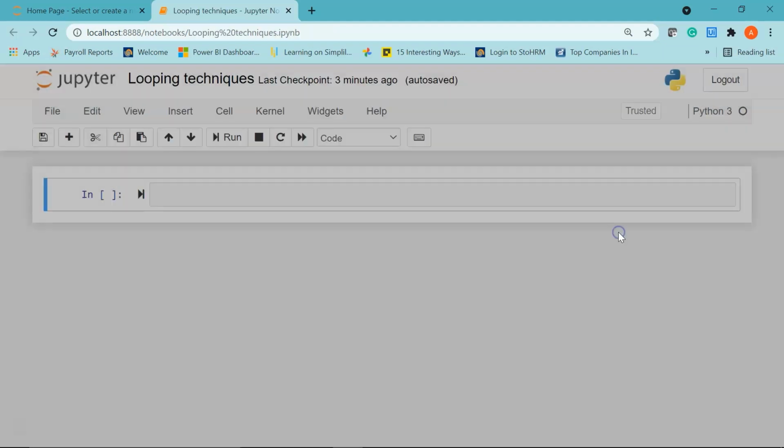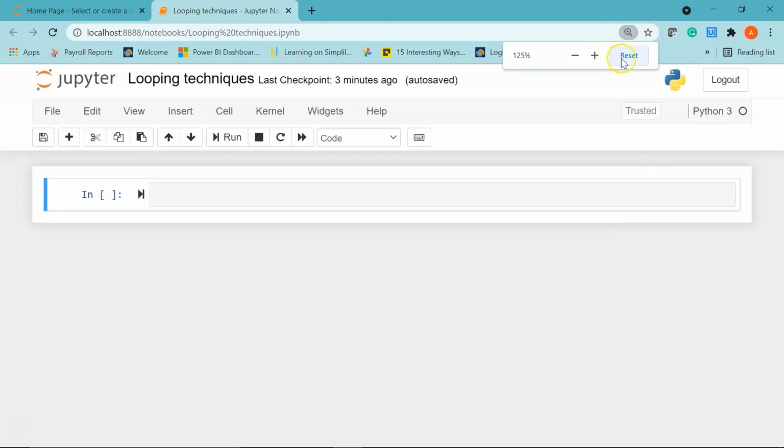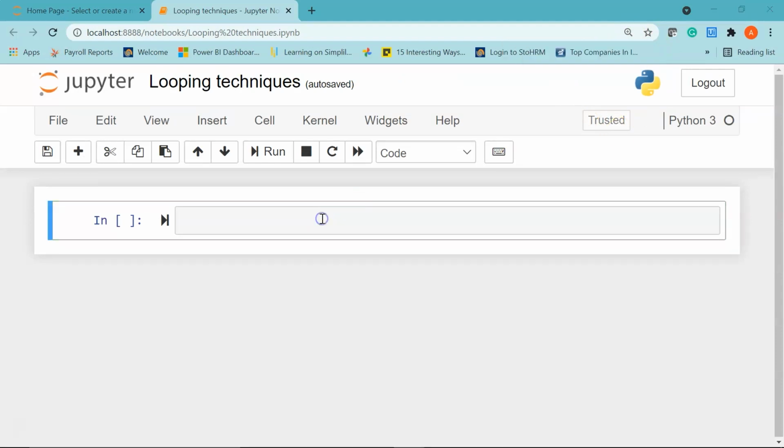I'll just increase the size. Alright. Okay, so let's see how you can arrange the values in a list using for loops with the Python sorted function. So I'll create a variable called num and I'll assign a list. Let's say it has values 2, 5, 10, 4. I'm taking just random values. Let's say 36, 50 and 49. So this is my list.